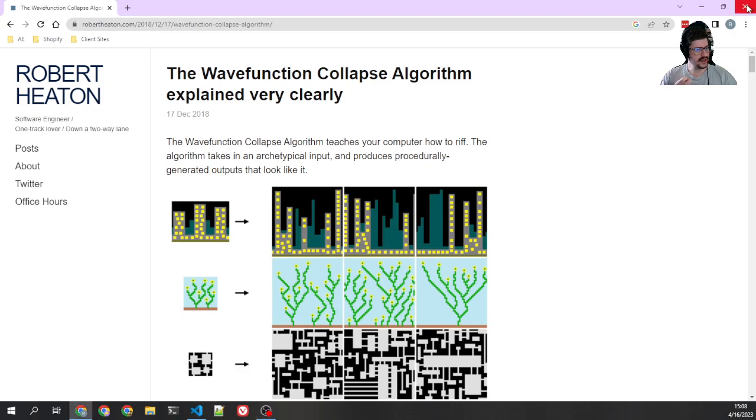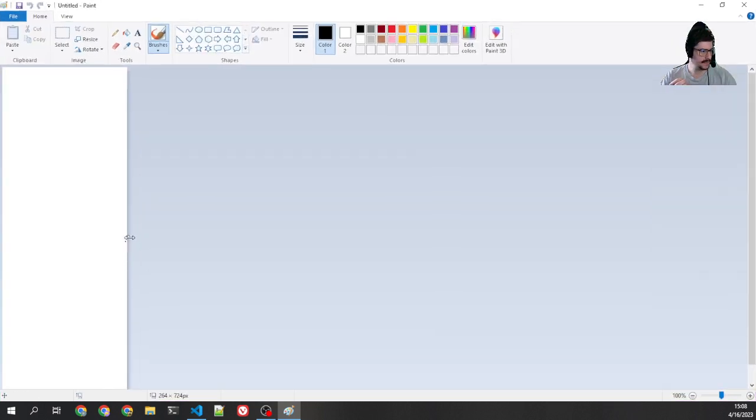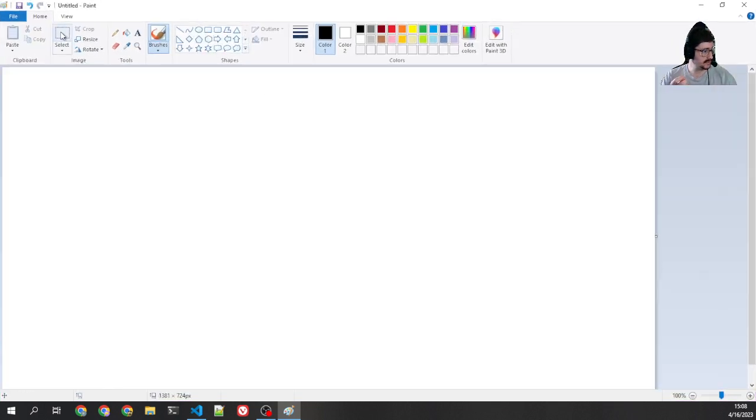And so the idea, at least as far as I understand it, let's get out our trusty MS Paint, is if you start off with a couple of rules, right? And you can have an algorithm that can figure out those rules automatically, but you can build them yourself. Like let's say we have a couple of different tiles, right? So let's say we have